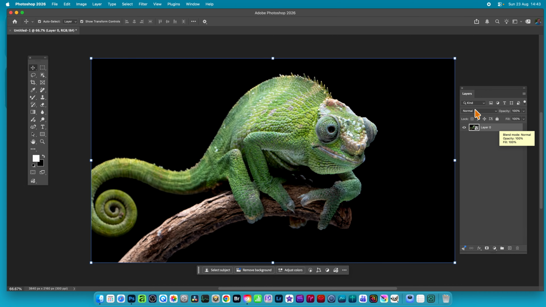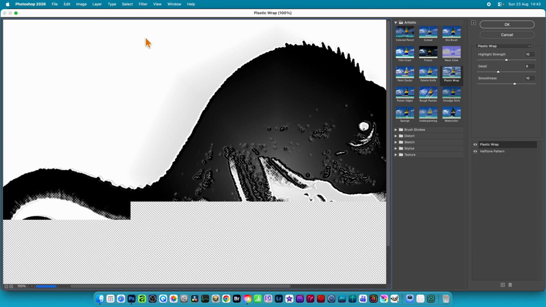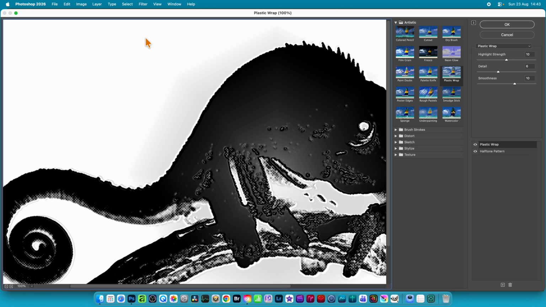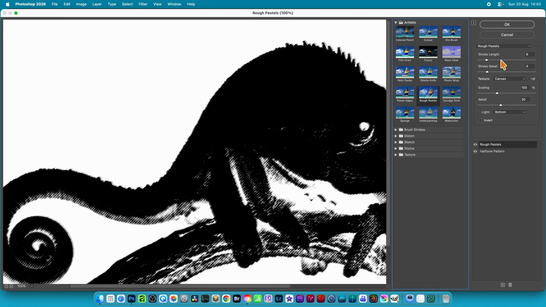What you can then do is go again back to Filter, and I'm going to go down to Filter Gallery. Now Filter Gallery does not work in all of the colour modes. You might find that in some colour modes you will not get anything. Be aware of that. I'm using it in RGB. And then you can go to say Film Grain or Rough Pastel, and again you can modify the different settings. So you've got here stroke detail, scaling,